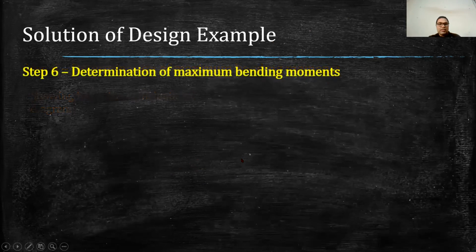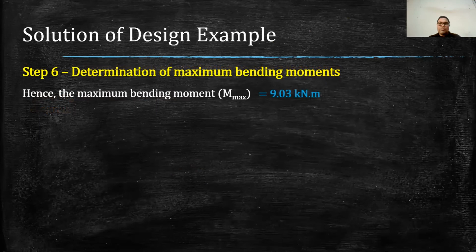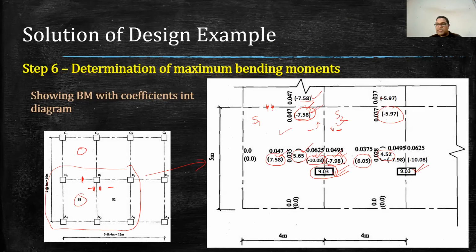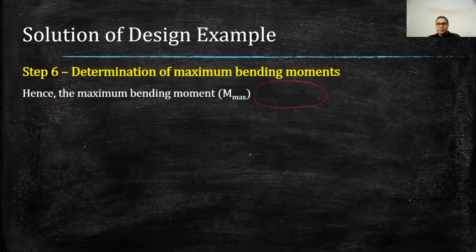So that we will see in this. So maximum bending moment therefore will be 9.03 kilonewton meter. Well, in the previous diagram, I have used the negative sign. Well, negative sign doesn't mean that the value is negative. It just shows that it is the negative bending moment. There is no significance of the negative sign that I have provided here. It is just showing that the behavior of bending will be opposite to the behavior of bending at the mid span here. Okay. So otherwise, all these values are positive actually.